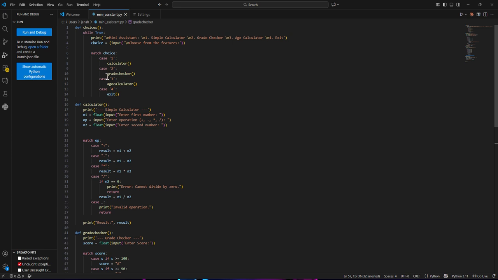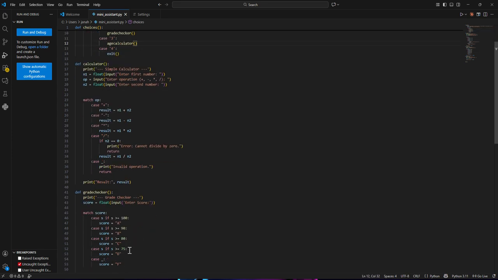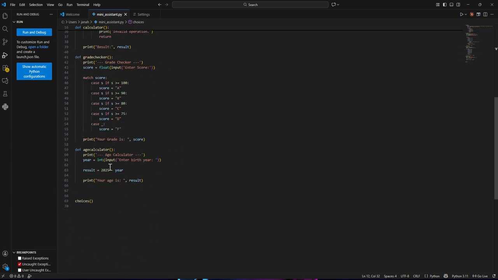And then the third one, phase 3, is the age calculator. So this is my formula for the age calculator. So this will store the year, and then to get the age, this is the formula.